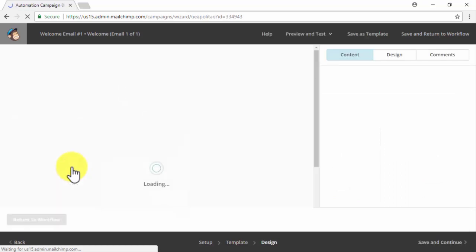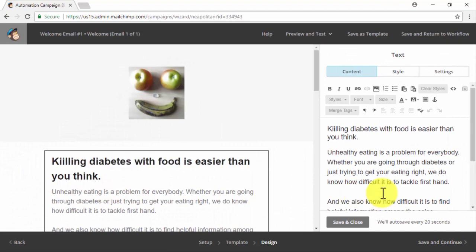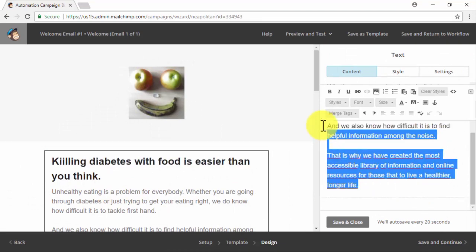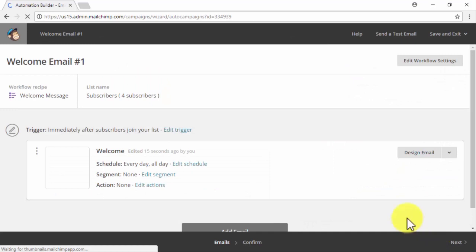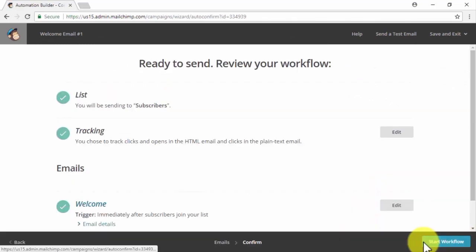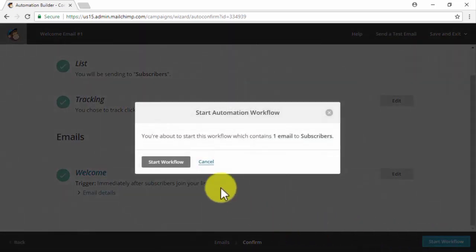On the editing page, we will only have to edit our template to add our welcome message in the headline space. Then we will simply have to click on Save and Continue. Then on the next page, we'll simply click on Next to finish up customization. Now on the following page, we're going to check that everything is correct. And then we're going to click on Start